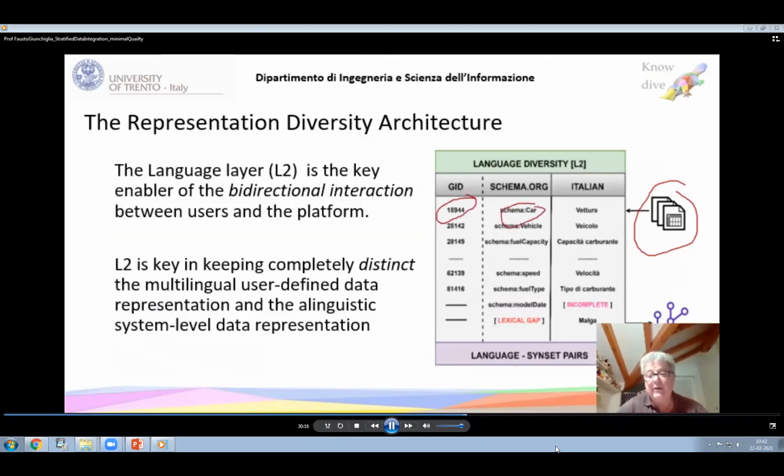So you may have like Schema.org, which is a namespace, and Italian could be English or anything. But the key idea is that we only use language to go from the words into the IDs. As from the previous picture, you may not remember, but the language is used only as an interface to the user, nothing else. So in the end, when we go to the user, again, the knowledge graph has a language inside, but as you see in the next steps, there is no language. In fact,